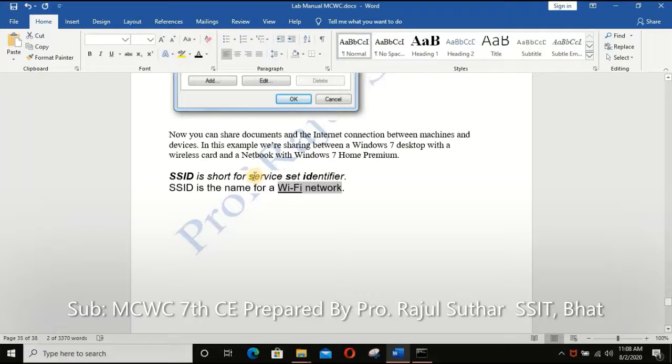For example, whenever we enter a public area and click on the Wi-Fi signal, the available Wi-Fi signals nearest to us are listed on our devices. So it is nothing but the SSID, the service set identifier.